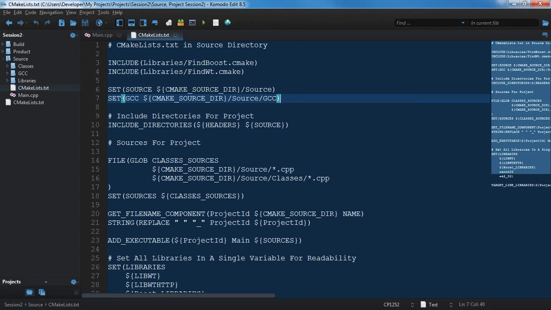If you look at the code, here's the CMake source directory, which is our project directory, and then you have the source folder, which is right here. So this adds the source directory to our project in CMake so the compiler can see it, and then this adds the GCC folder inside of the source folder so that it can be seen as well. But what we need to do now is add the classes directory to our project,